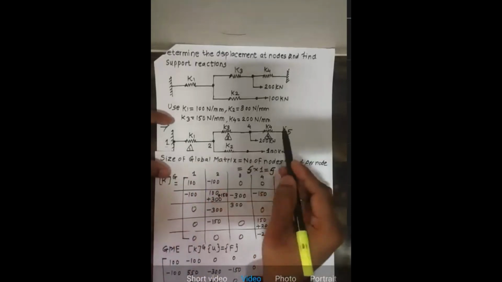Listen, see, when you reach the global matrix equation, you need to impose the boundary condition. Then the equation gets simplified. This is not the only use of boundary conditions; they are also going to sustain the structure in the atmosphere, right? So you can see node number 1 and node number 5 are fixed. That means node number 1 and node number 5 cannot move. That means displacement at that particular node is 0.